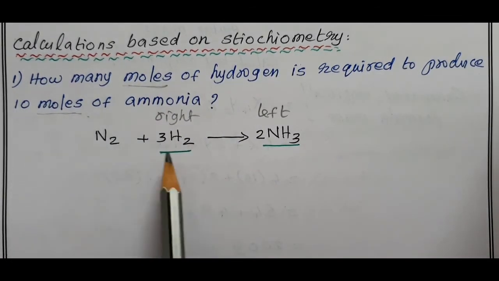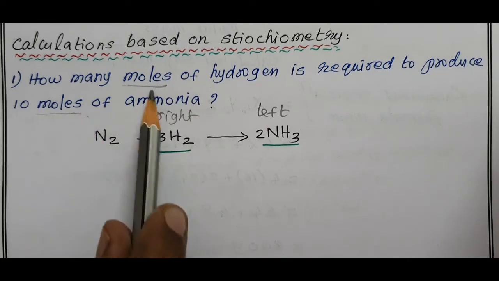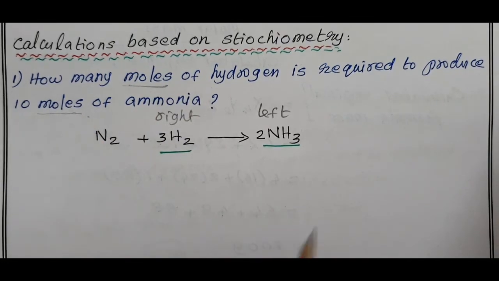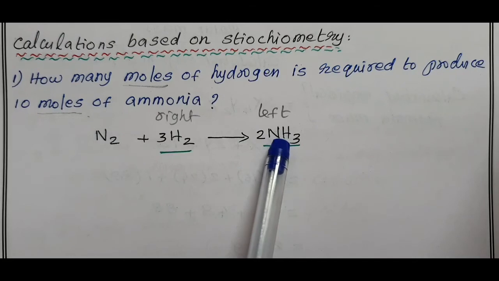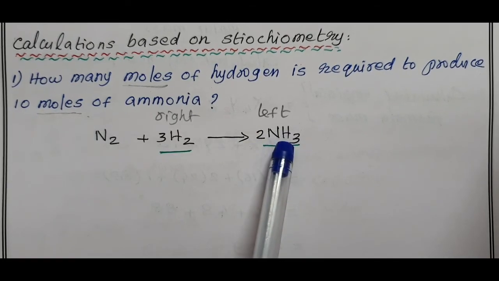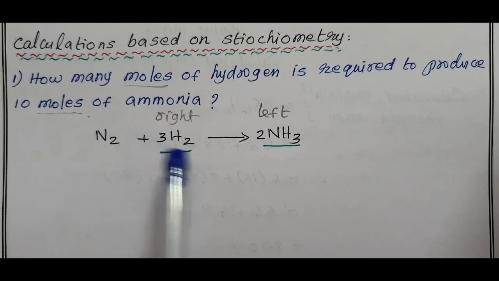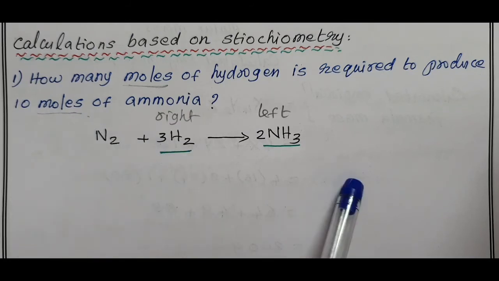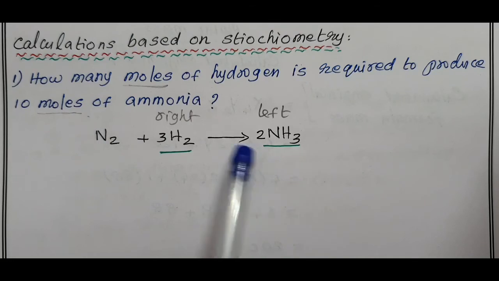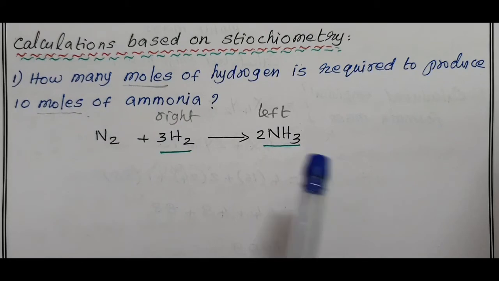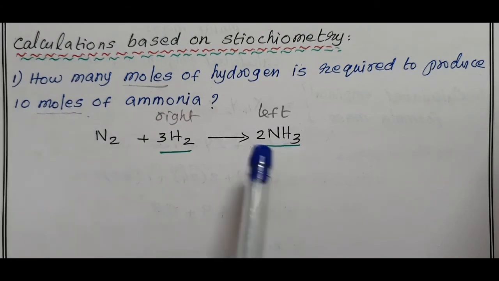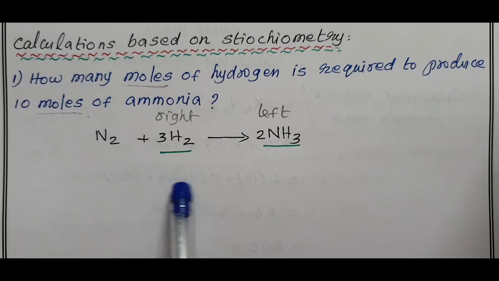So, therefore, we have to frame this sentence left hand side starting with the mole and ending with the mole. How to write this sentence? Now I write, this should be on the right, this should be on the left. 2 moles of ammonia are produced from 3 moles of hydrogen. First sentence always from the stoichiometric balanced equation. This is the given value. Therefore, we have to write the given value on the left hand side. 2 moles of ammonia are produced from 3 moles of hydrogen.